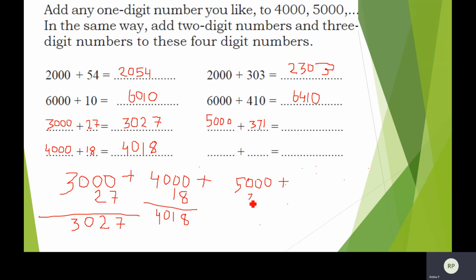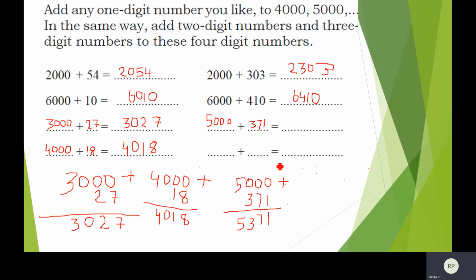Okay, so let's add 5,000 to 371. Okay, so make sure that you write it in the proper places. So here also, this 1 is at 1's place, 7 is at 10's place, and 3 is at 100's place. Okay, so like so you have to write like this, otherwise you will be getting wrong answer. So 0 plus 1, it's 1. 0 plus 7, it's 7. And 0 plus 3, it's 3. And then this 5 you can bring down directly to the answer, 5.